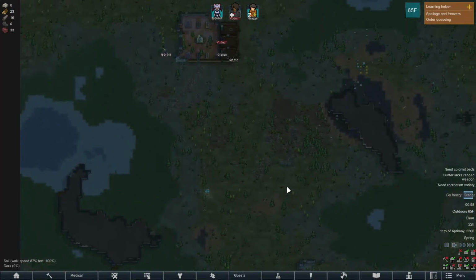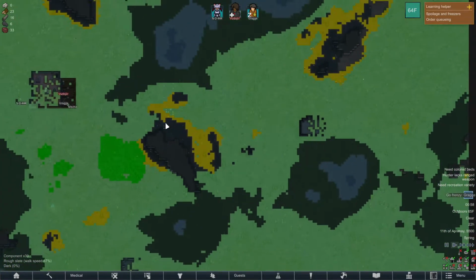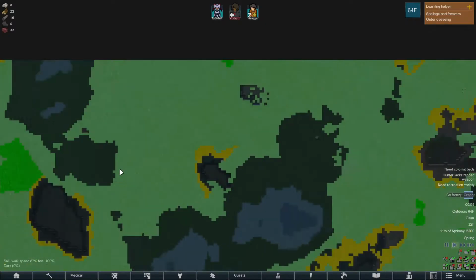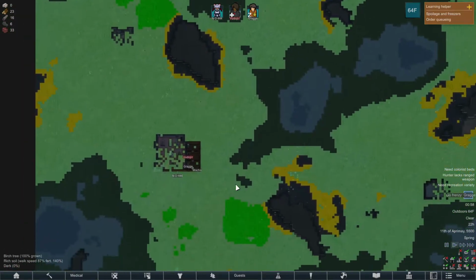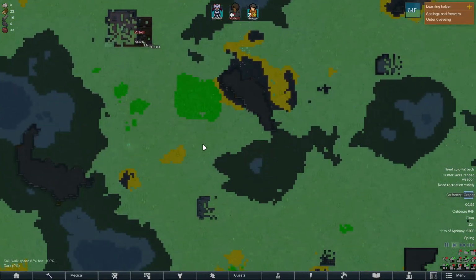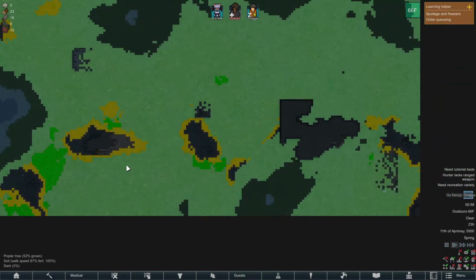So the first thing that we should do is look at the soil. How good is the soil here? There's a good patch right here. There's a good patch up here. So if we wanted to make farms, these two would be the places to do it. Although this is suspiciously close to a steam geyser, so I'm a little bit scared. There's also a couple of patches down here, but it doesn't really...